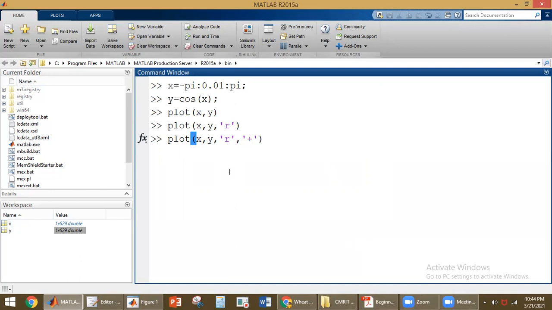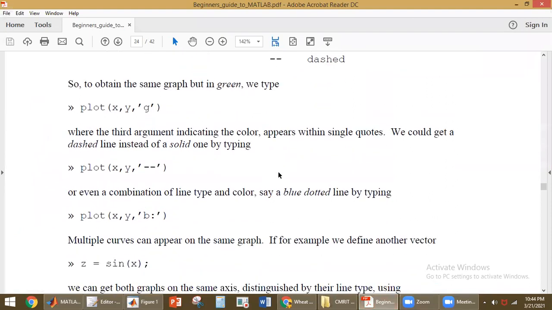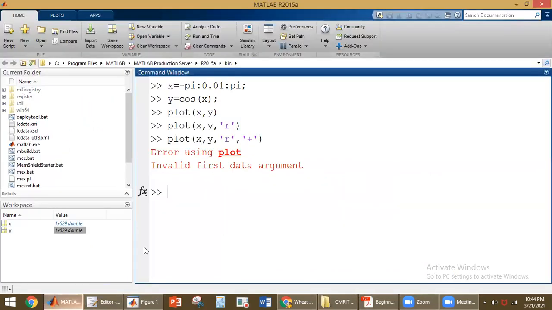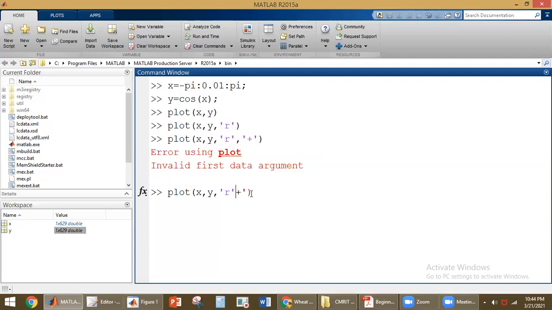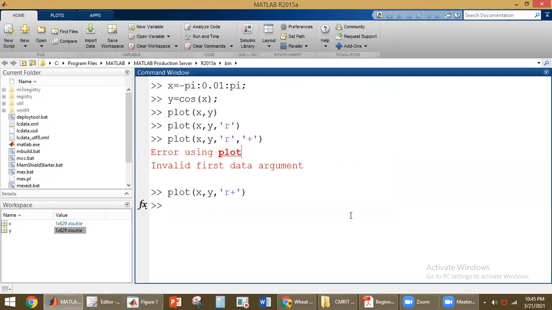After the red color itself we have to represent this. So now use the up arrow, remove this, and click on enter. Now we can see that the plot is obtained with the plus. Like this we can plot with different colors and different patterns.